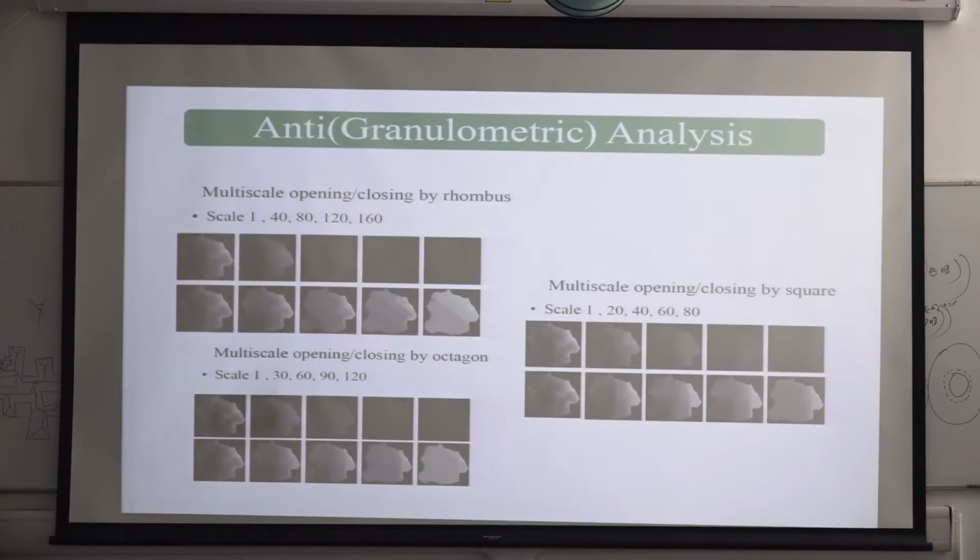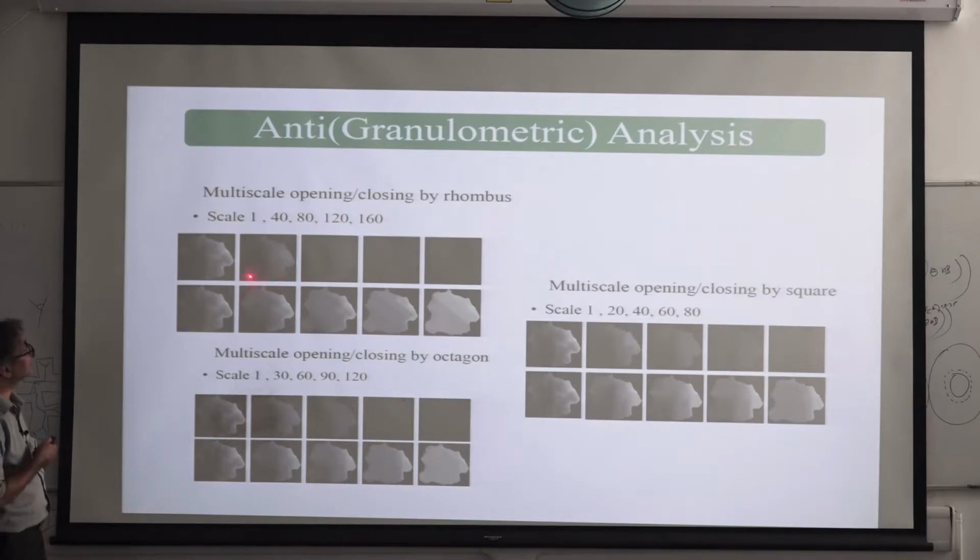So what happens when you perform grayscale granulometry? You have a DM here. As you keep on increasing the application of opening cycles with respect to rhombus as the structuring element, you can see that it is losing information, it is getting darkened and darkened, and this one is getting brightened and brightened under the dual operation, that is closing, for increasing cycles.